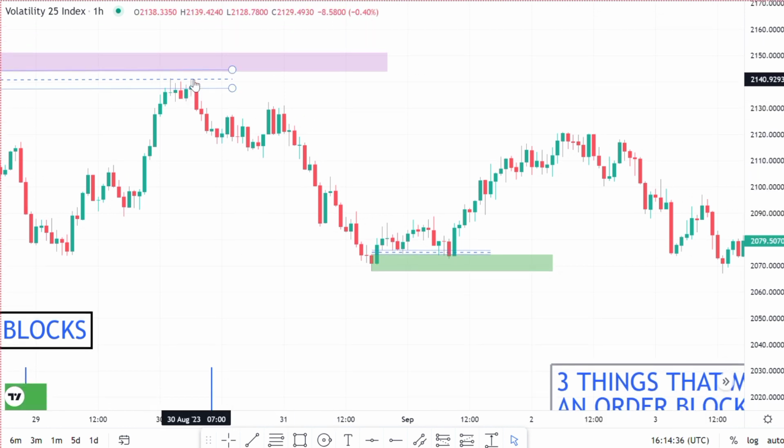Over here we have our higher high, we have our lower low, we have our lower high, we have our lower low, we have our lower high, and we have a lower low. At this point, there was a break of structure. If I mark it out for you,